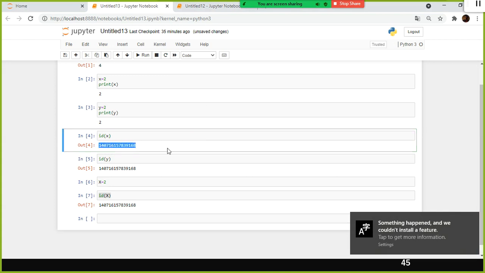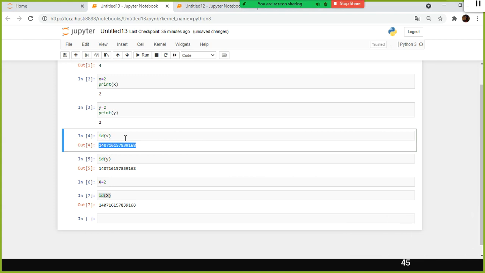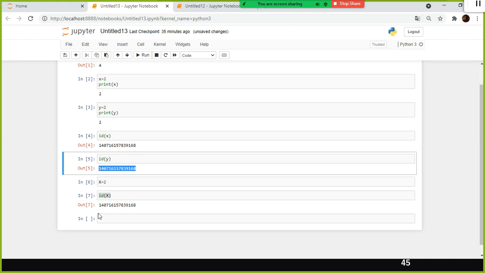In this address for variable x, the value 2 got stored. Similarly, for all three variables the address is the same, because it doesn't want to store the value 2 in different places.